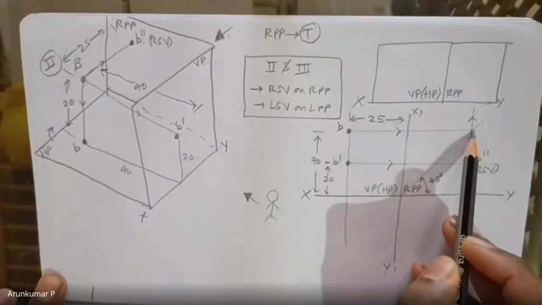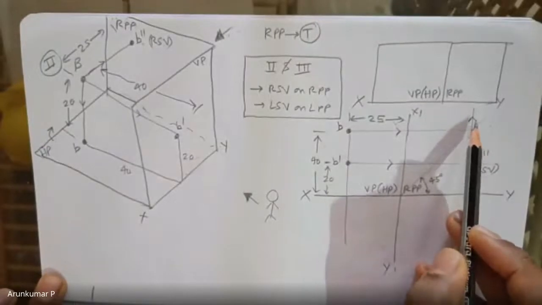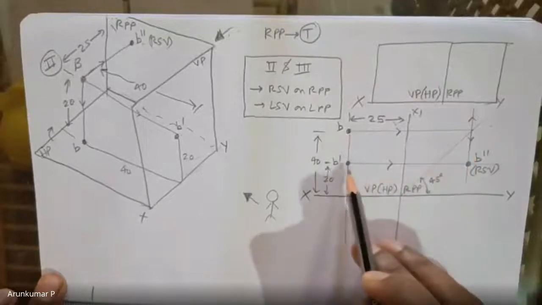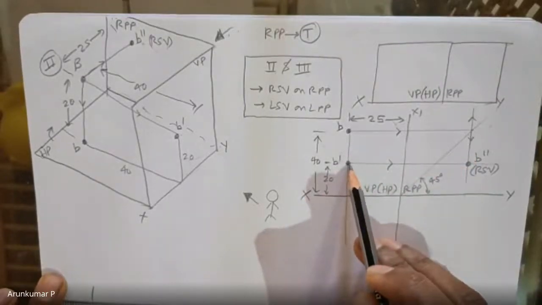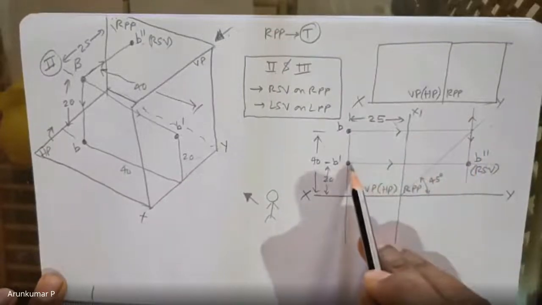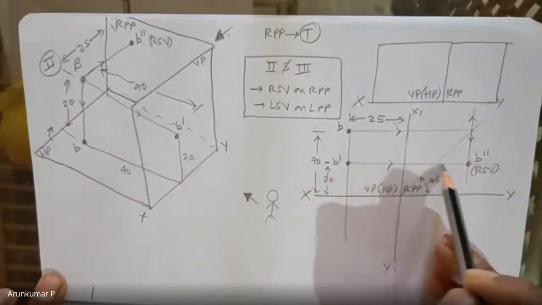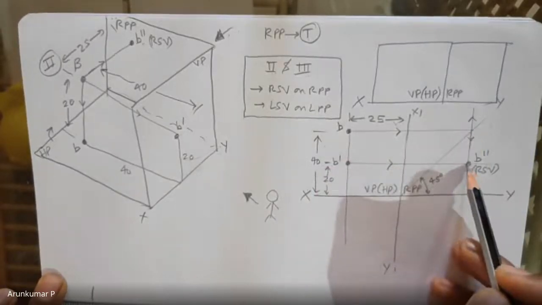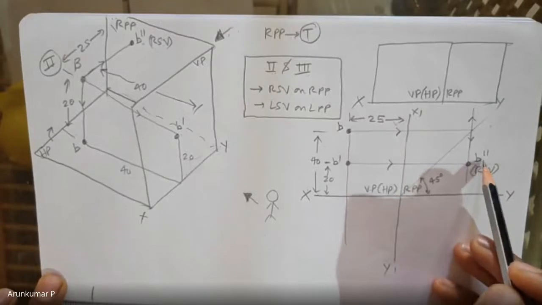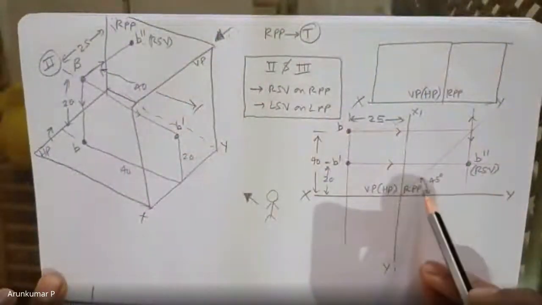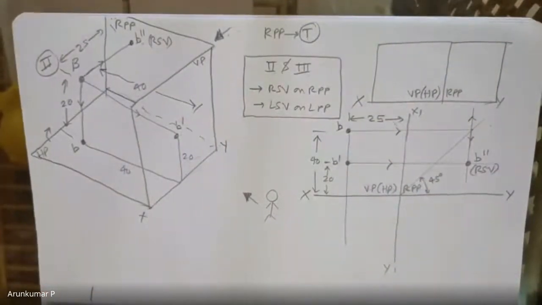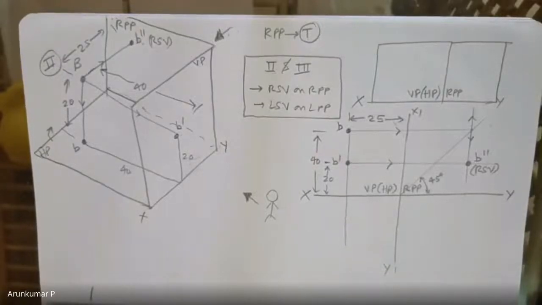So project the top view first onto the median line. It is going to intersect the median line, and then you decide whether you want to go up or down. In this case, we need to project it down because the front view is down. Project it below and make it intersect with the projection of the front view. The projector of the top view and the projector of the front view intersect at this point. This is the side view, which is a right side view on a right profile plane. So this is the solution for this particular problem.